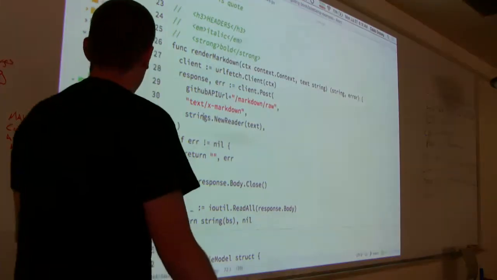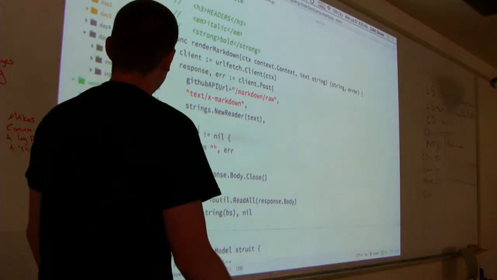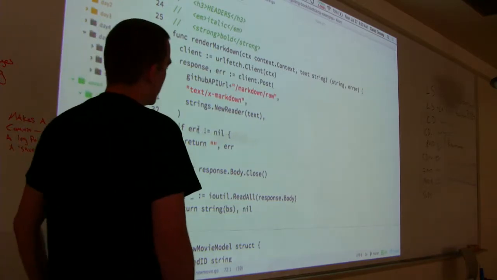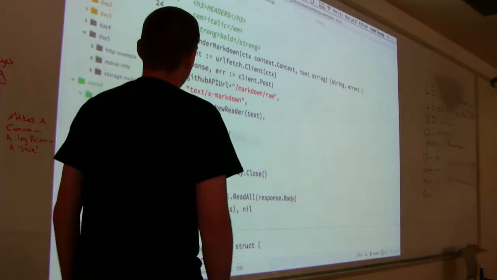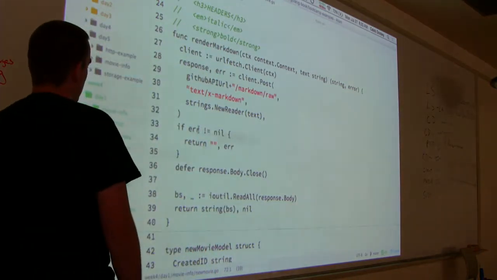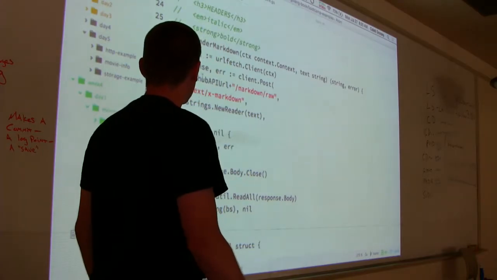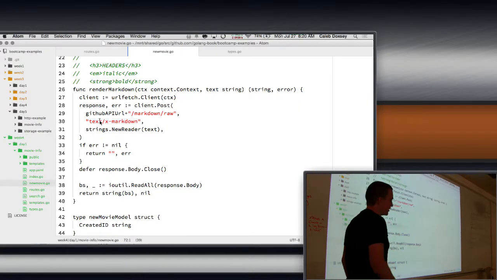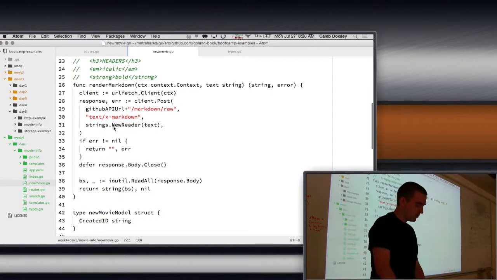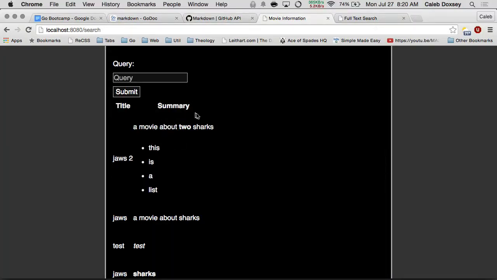So in general, it's not super terribly difficult to add this kind of functionality. I don't think this would be any less code in any other language really. It'd be very similar. If you did this in Python, it'd look almost identical. It should look something like this. It would be more verbose than, say, Java, but not that much more. Okay, so the other part of this was to add